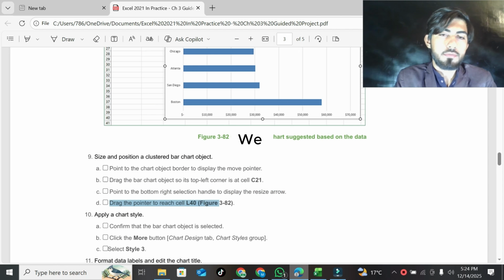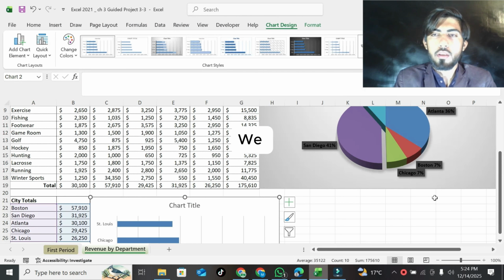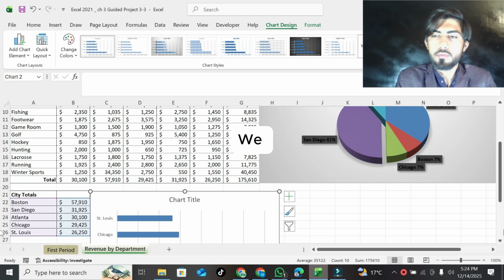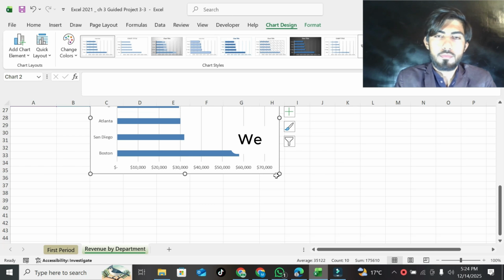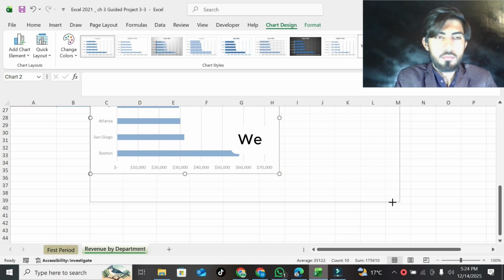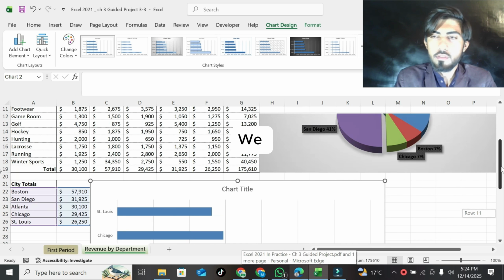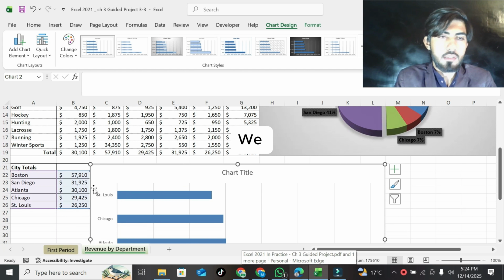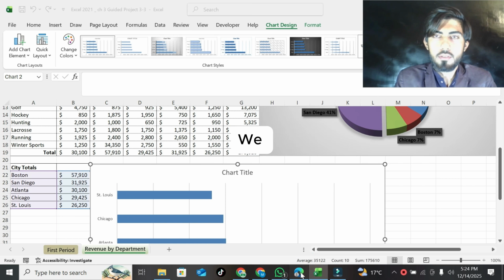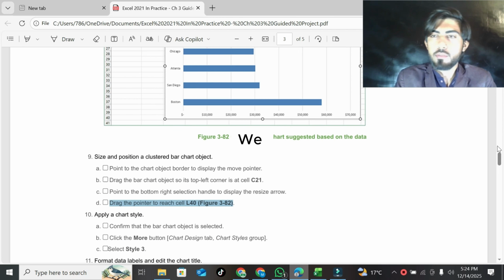Part D is drag the pointer to reach cell L40. So C21 to L40. Okay, you can see that now the chart is at cells C21 to L40, and our question number 9 is complete.